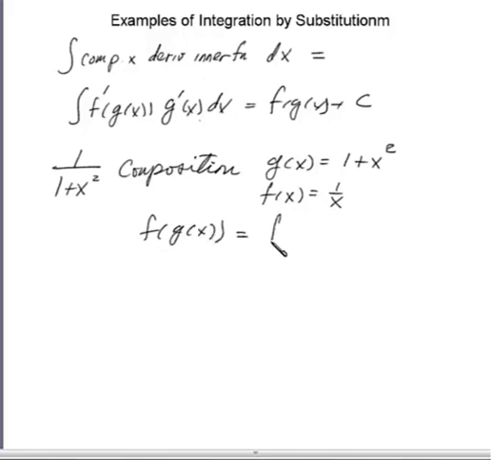Well, that would be f acting upon g, so that would be f acting upon, what does g do? 1 plus x squared is the result of g acting. Now let f act upon that argument, and it takes the reciprocal, 1 upon 1 plus x squared. So in fact, this can be seen as a composition of functions, which maybe explains the steps we go through if we're going to try to integrate 1 upon 1 plus x squared